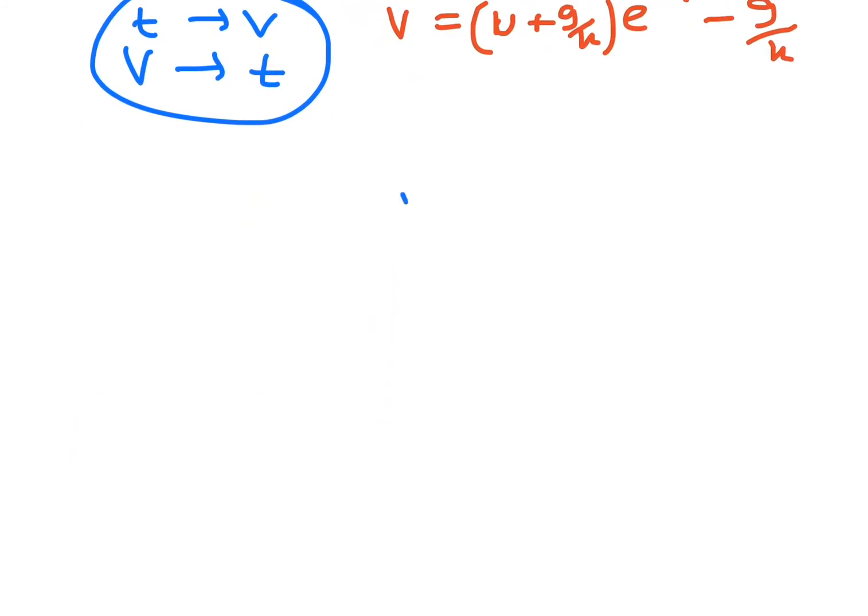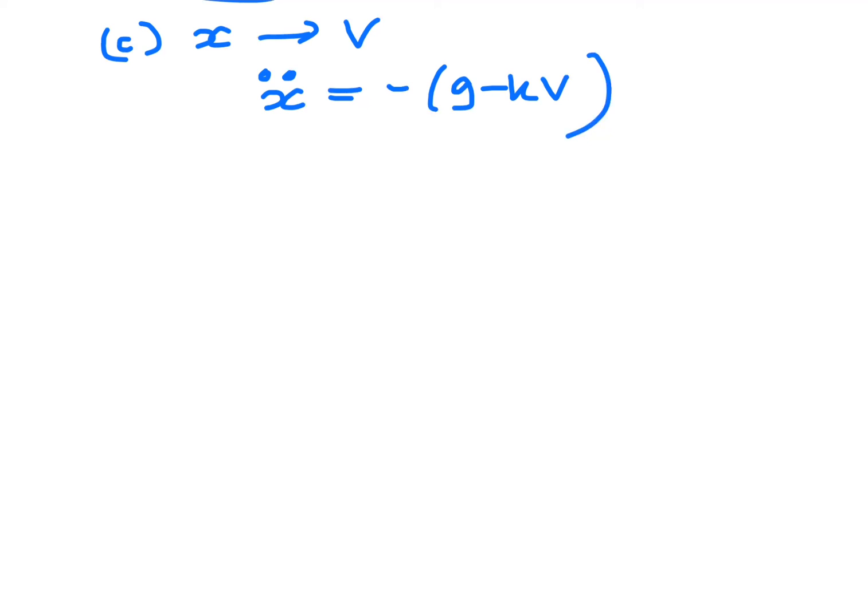Now, can we now do x in terms of v? So we've got the acceleration. Let's go back to the base one. So that's minus, so it's going to be g minus kv. Okay, so plus